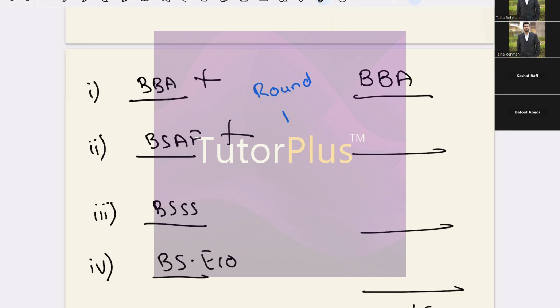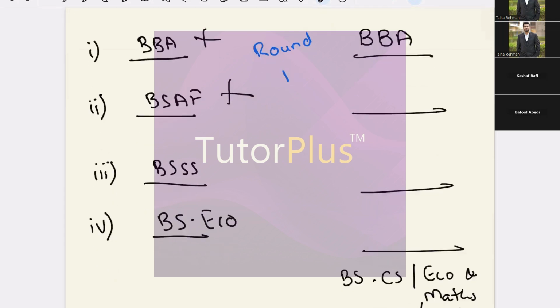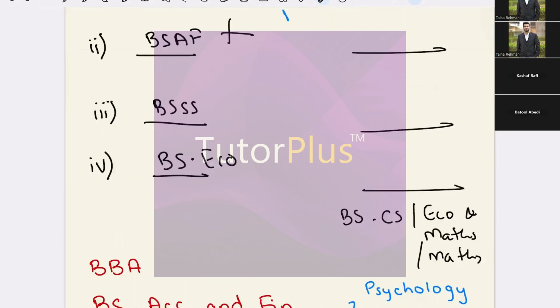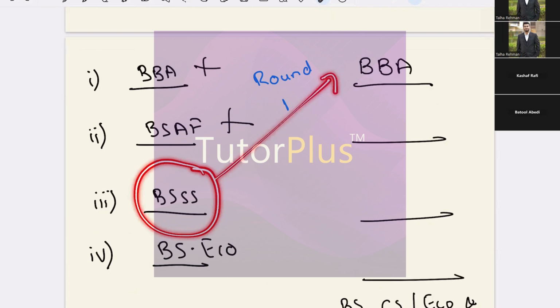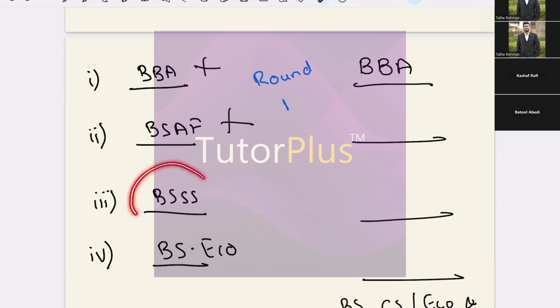I would instead recommend that you get into any of the programs in round one, and then you can resit the test in round two in July, work harder, and then get into your desired program. And God forbid, even then, if you're not able to get into your desired program, you would still have a seat. So what you can do in that case is continue in whatever program you are in. For example, you could get into social sciences. And let's just say you wanted to get into BBA, but you somehow got into social sciences, you can keep studying this program